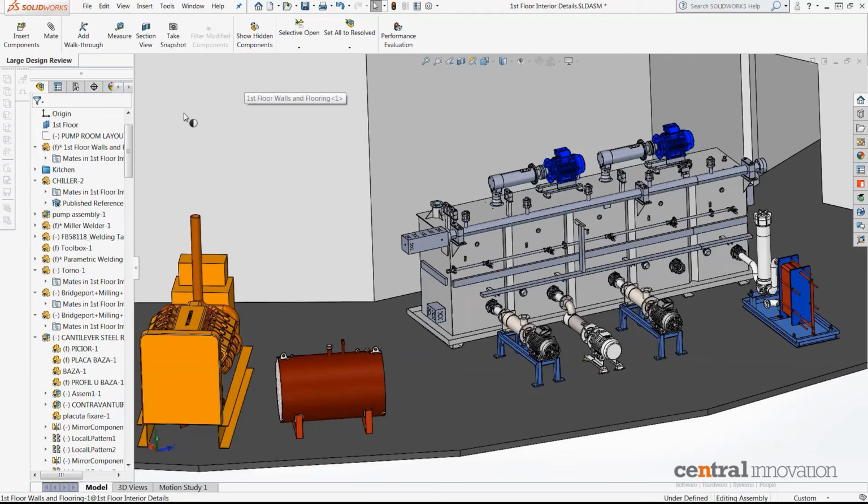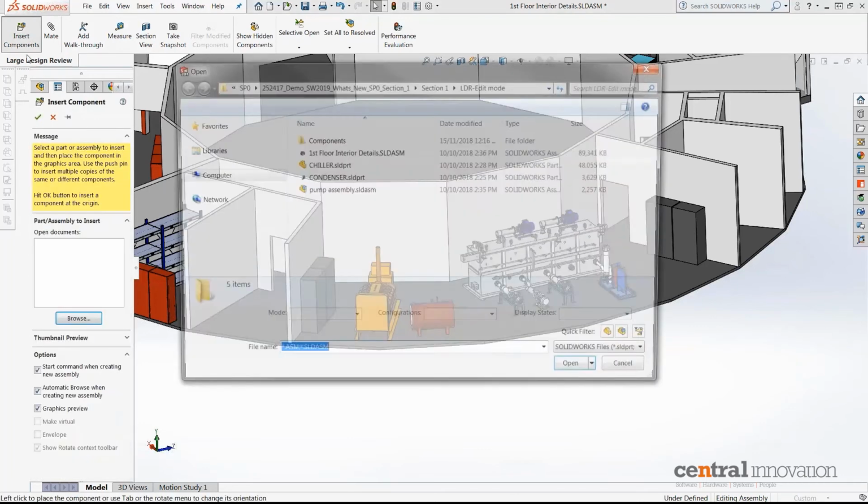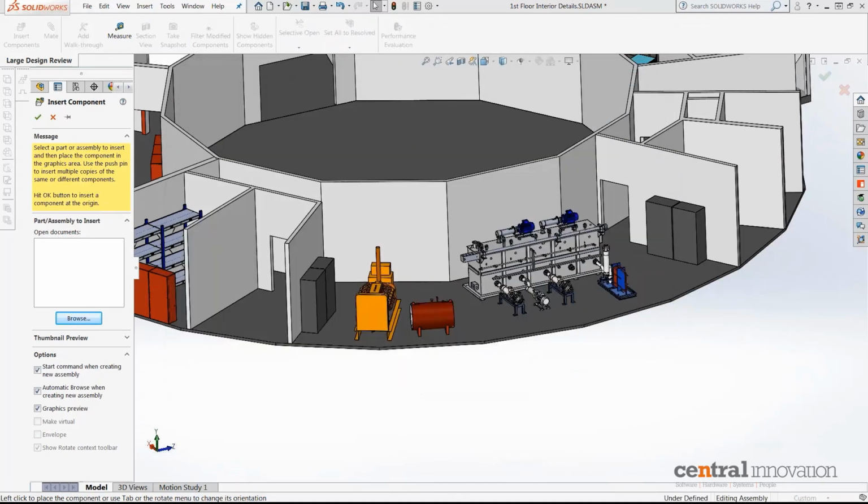Magnetic mates also work in large design review, so if I go to insert one of these condensers, which has been pre-configured with a magnetic mate, when I bring that in, you'll see the magnetic mate references there. And just rotate that around so it's in the right orientation, and if I drop it onto the next node, when I drop that in,